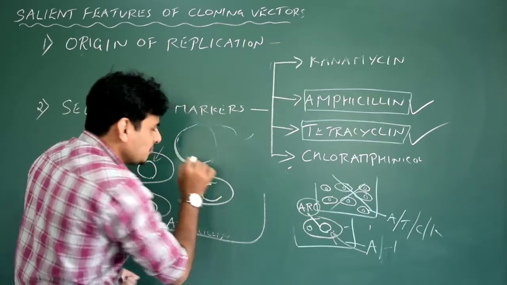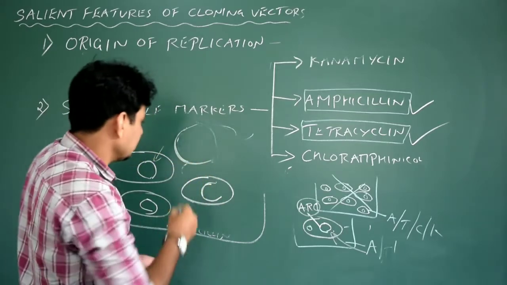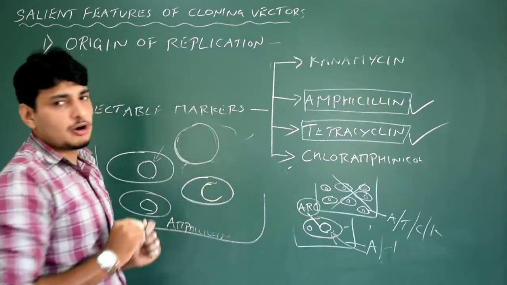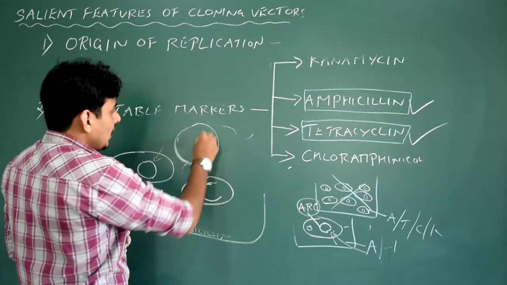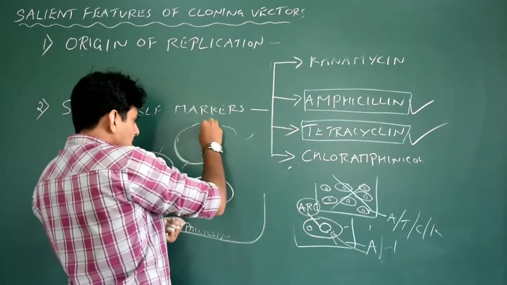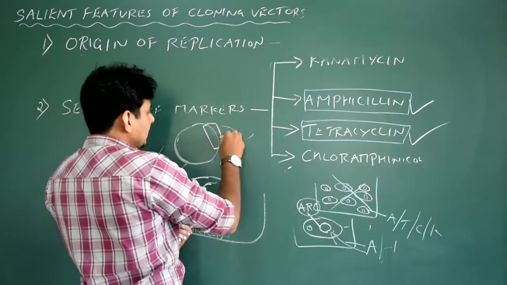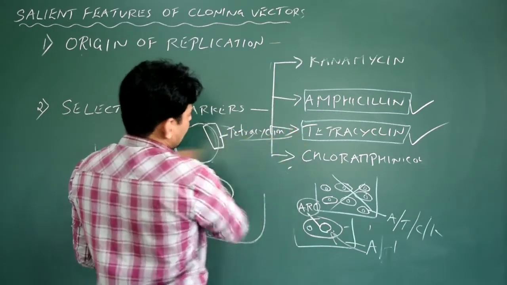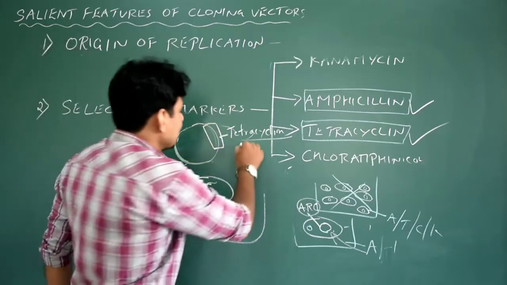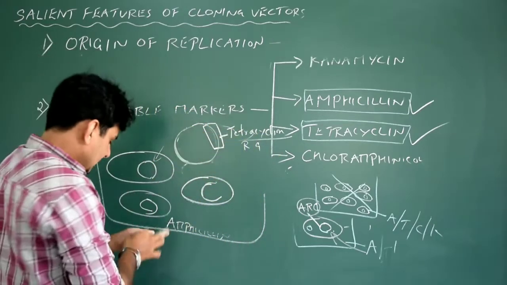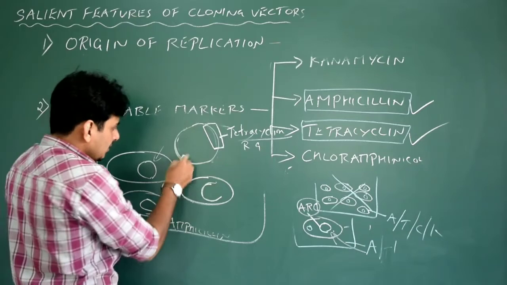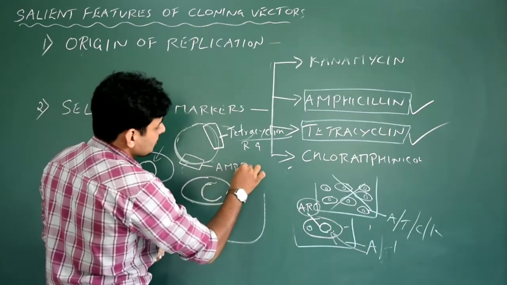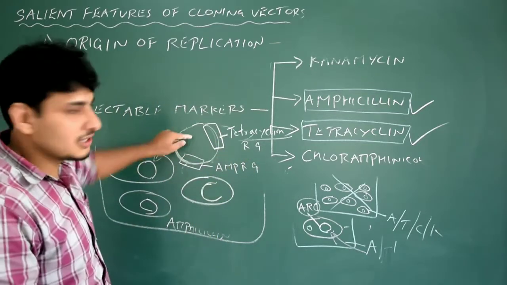Here I would like to add something so that you will understand it better. For example, let us assume that this is a real cloning vector before the construction of rDNA, and this particular piece contains a gene for a specific antibiotic, that is, the tetracycline resistance gene. And somewhere else here, exactly opposite, in the same cloning vector we have one more gene, the ampicillin resistance gene. So we have 2 genes in the cloning vector.